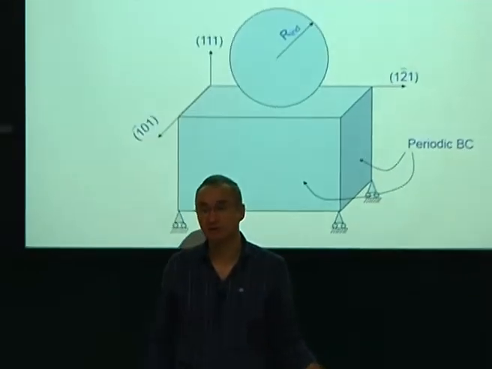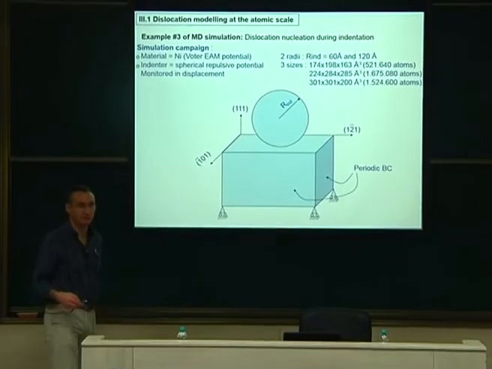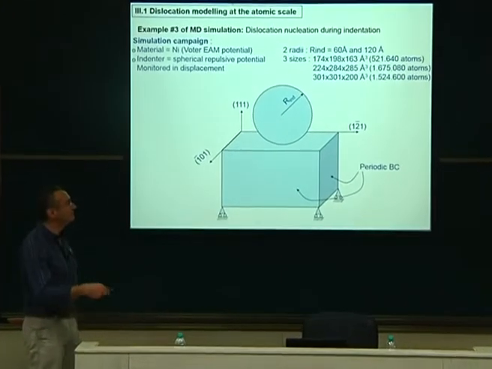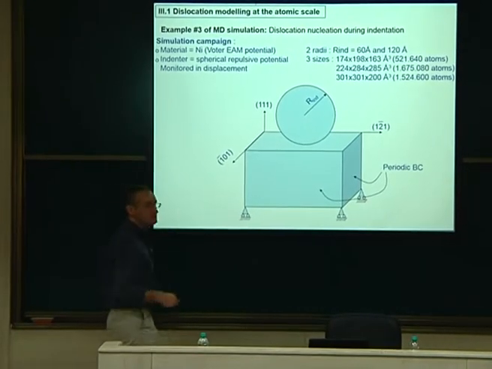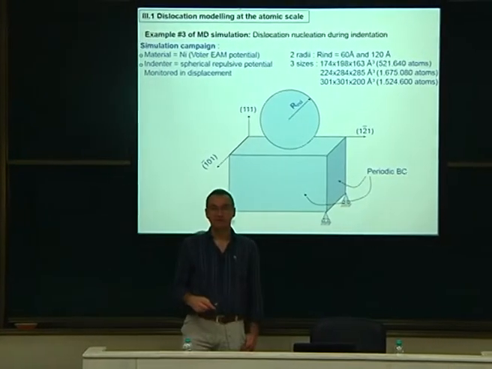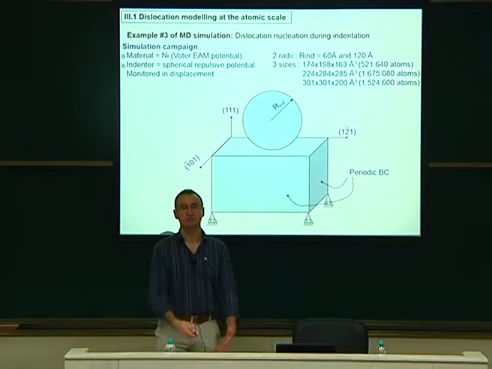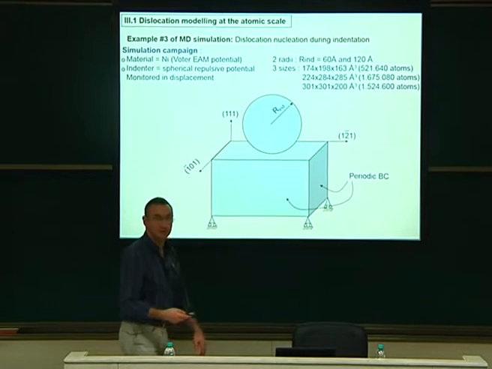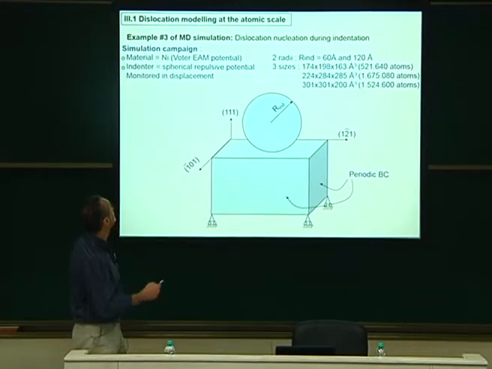So the second example I wanted to show you, I already showed you this kind of movie previously in my lectures, but now we will go into details on that. So this was the case of nucleation. I was interested in how the first dislocations are introduced in a material which is dislocation free initially. And only MD could give me that. So how can I do that?